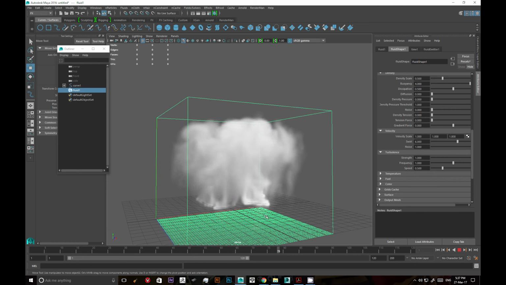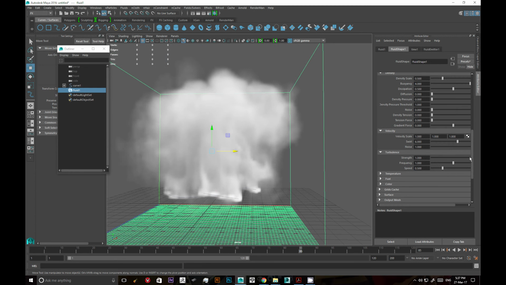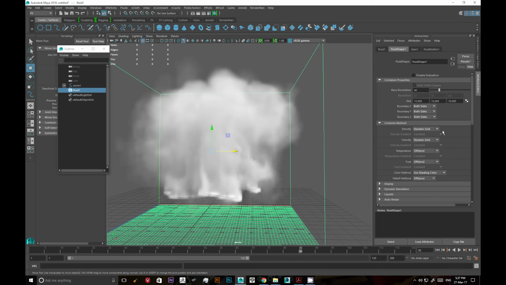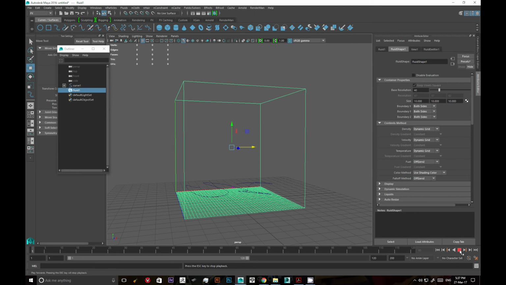Okay, now, as I was saying before, the next thing we want to do is turn on our temperature. So I'm going back up to contents method, and here under temperature, I'm going to set this to dynamic grid. Now you'll see if I rewind and play,